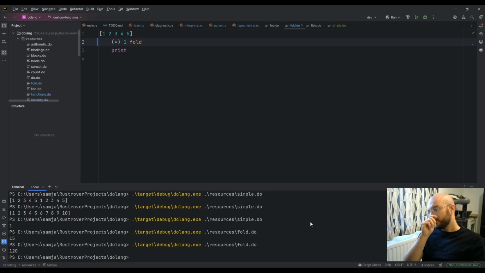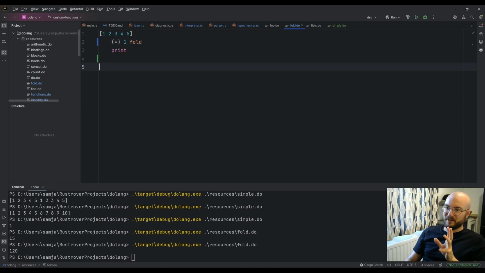And this one caused me a lot of strife because as I was playing around with fold, I quickly realized it broke if I tried to do something like this. So let's see if I can remember, you can have nested lists now, and you can actually have lists of functions and stuff like that, which I think is very cool and maybe useful.